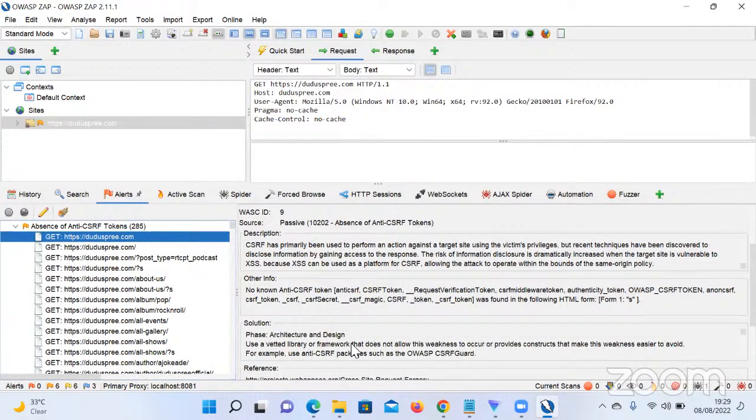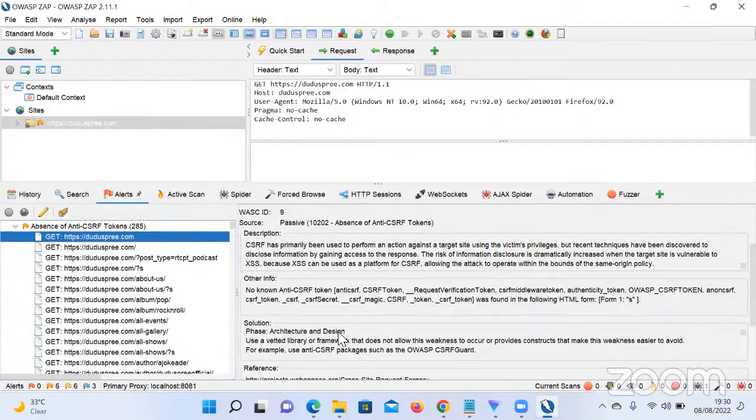Now, this is the solution for the web developer, the front end and back end of a web developer. Now, phase: architecture and design. We will give them the solution also, because most web developers don't understand this. They don't know, so it's our job to let them know. This is the phase, architecture and design. Use a vetted library or framework that does not allow this weakness to occur, or provides constructs that make this weakness easier to avoid. For example, use